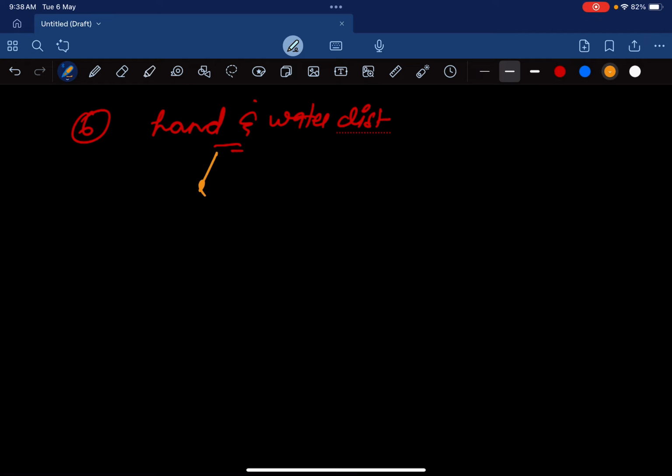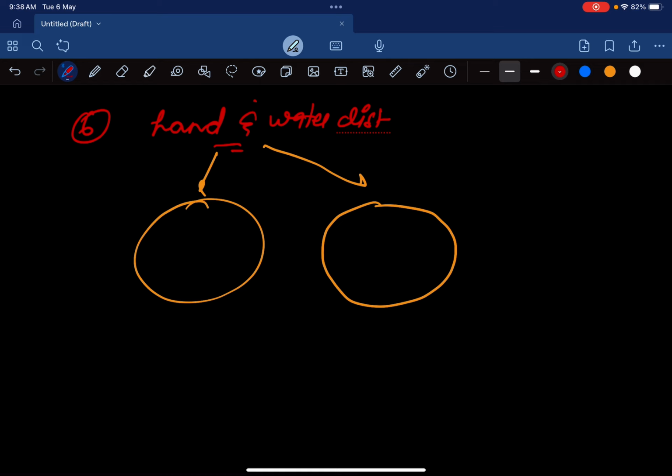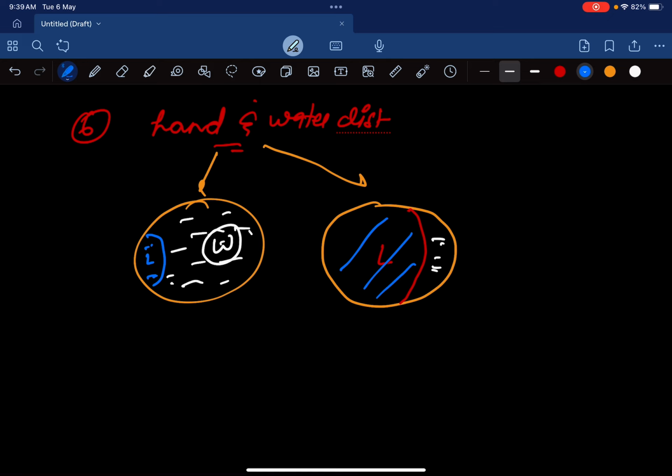Now let's say in your city, this is your lovely city, and these are two cities, right? Here, let's say only this much is land and the rest of it is water, right? Whereas here, this much is land and only this much is water, right? And we all know that land heats up faster and cools down faster than the sea or water,